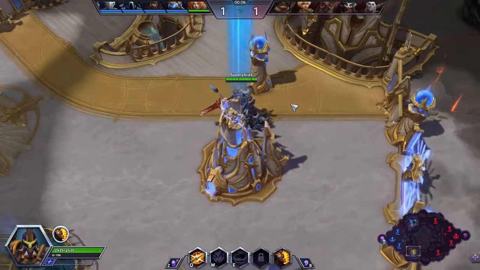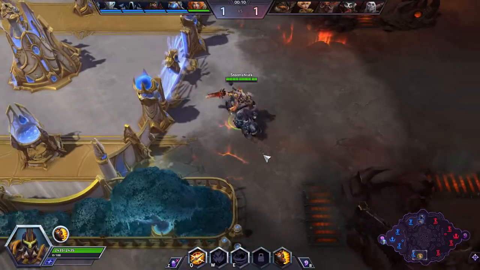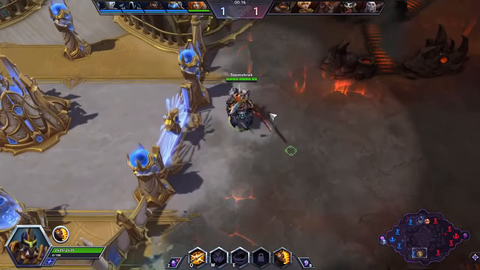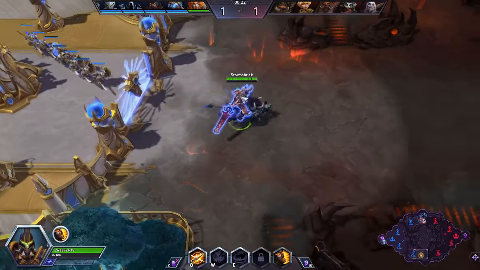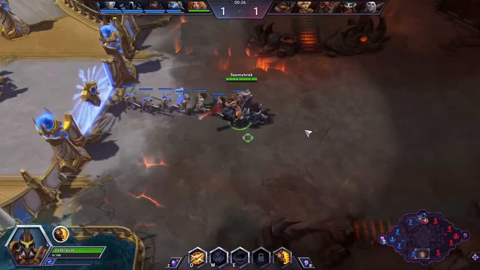So we're using ETC as an announcer here. We've got a Genji who has not joined us yet. The first ability I took was War Paint. That's going to heal me every time I make a basic attack, so it's going to improve Sonya's ability to lane by herself. It increases her healing, which Whirlwind also heals her, but this will...